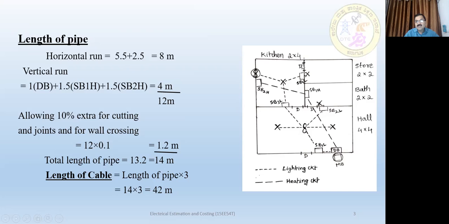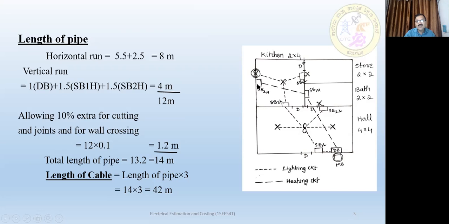5.5 meter. If you draw this layout to scale, you can just measure and convert it to scale. You will get this directly. But I have written approximate values. So it may be 5.5 meter from DB to this wall, and from DB to SB1 it is 5.5.